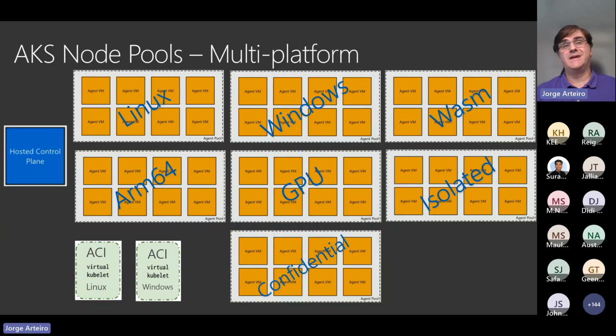And George, there is an integration. Why did you put ACI there? ACI means something we call virtual nodes on AKS, or virtual kubelet. It's also part of CNCF. It's a project that lets you, the same way that Docker integrated Docker Desktop with Azure, integrate Kubernetes with Azure Container Instance. It means that I can ask Kubernetes to run something, but that application is not going to run on Kubernetes. It's going to run the same way that I was showing before on Azure Container Instance.